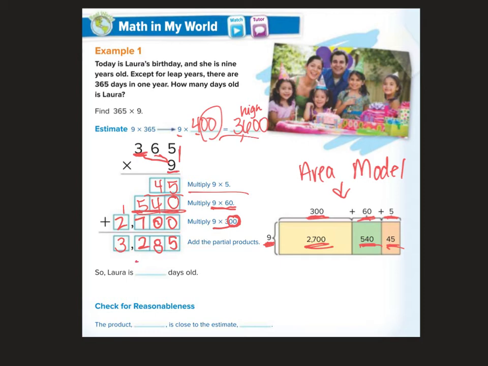So she is 3,285 days old. So we could say, is it reasonable? Yes, because the product, 3,285, is close to the estimate, 3,600. Now you might be saying, Mrs. Hamer,